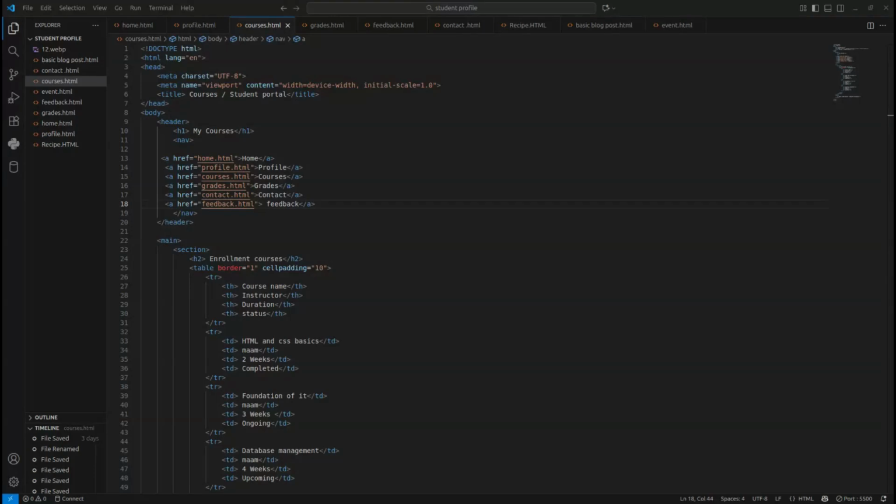Good evening, everyone. Now I will explain my course.html and how I made it. First, we already know that we have to use doctype and language, and head and body. Then I give a heading here, My Course, and I use a href for links, and then I use navigation to connect all these HTML web pages with each other. And I give a main here. It contains